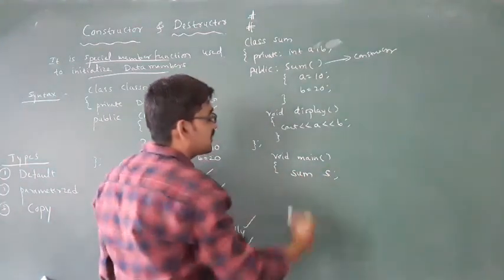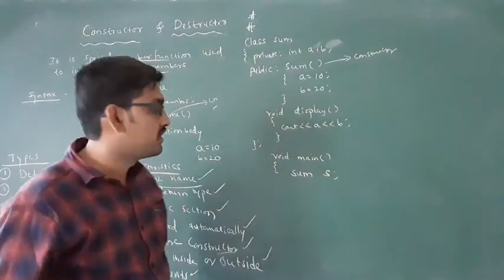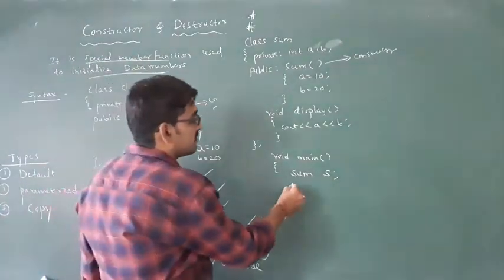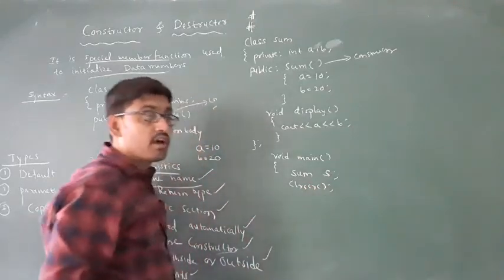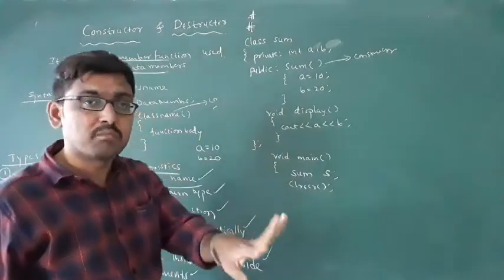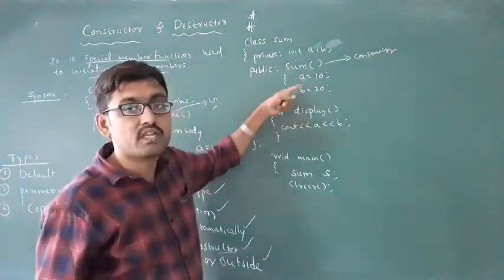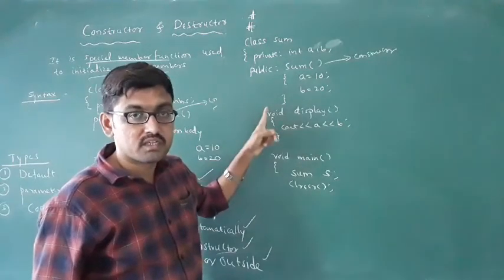I'm taking s; you can take anything. How many member functions are you using? 2 member functions, but in those 2, one is a constructor and the other is a member function. But the rule is,